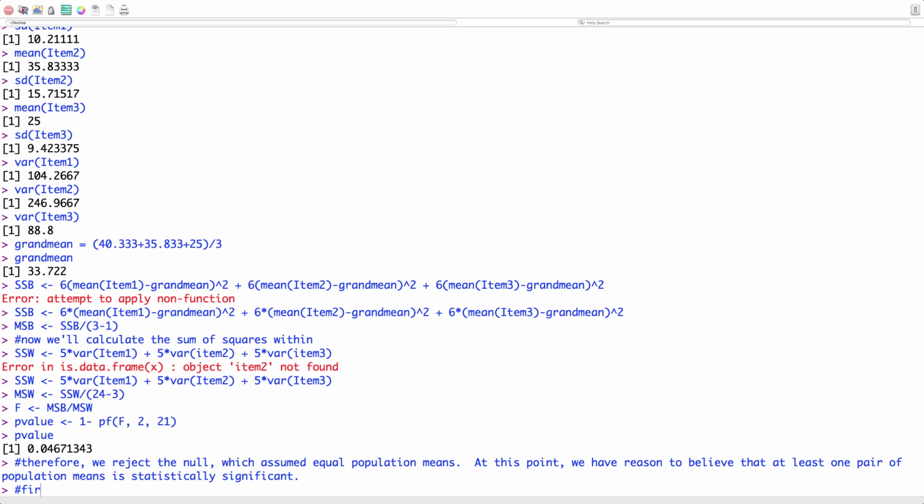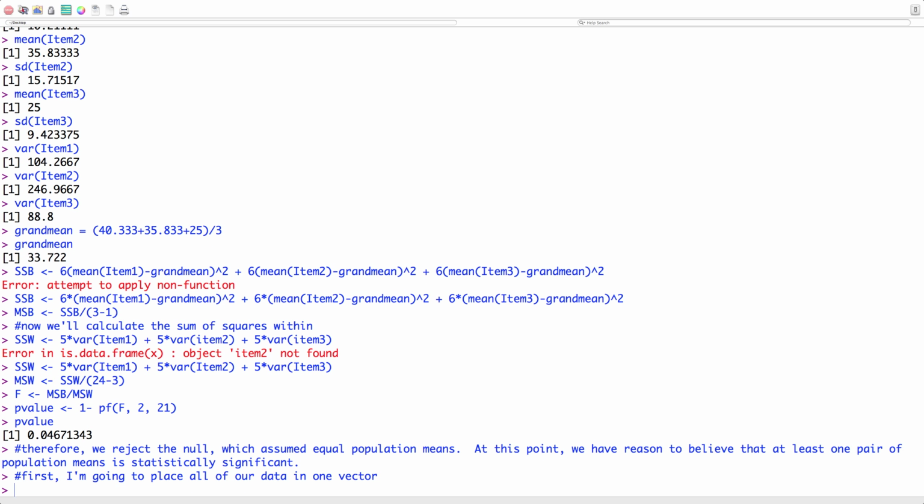So first, I'm going to place all of our data in one vector. And the way I'm going to do that